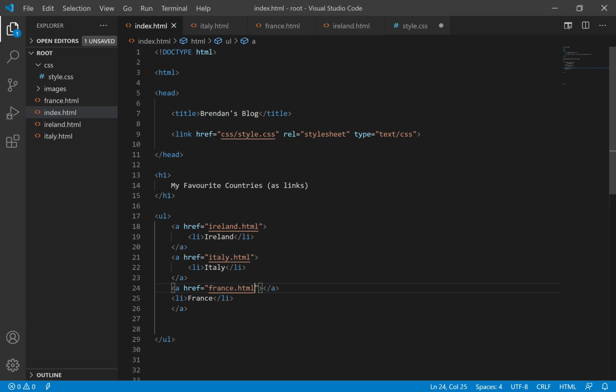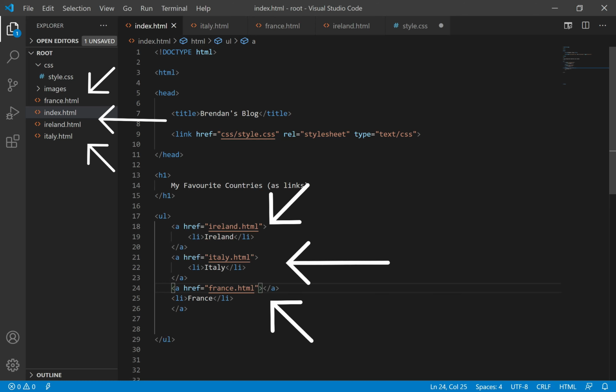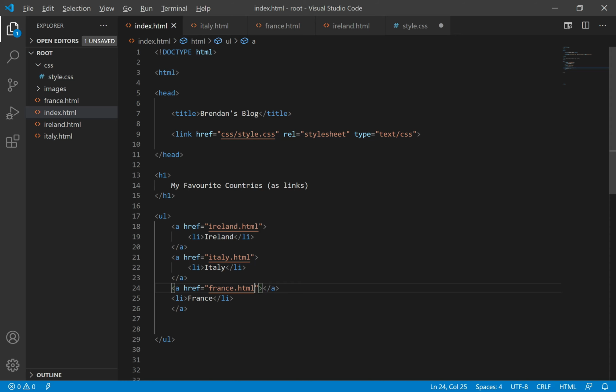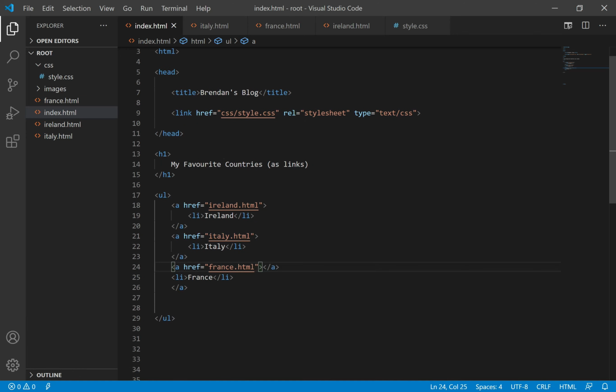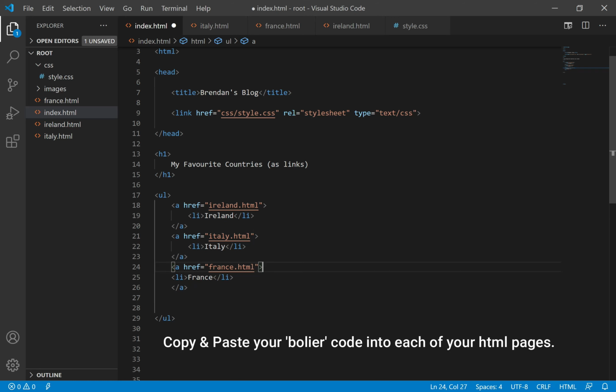So let me just speed it up here and create one for Ireland, Italy and France. Now when I look at my live page, I've got Ireland, Italy and France as links. However, these links just lead to my own blank web pages as of now. So my next step is to populate those web pages. So I'm going to copy and paste